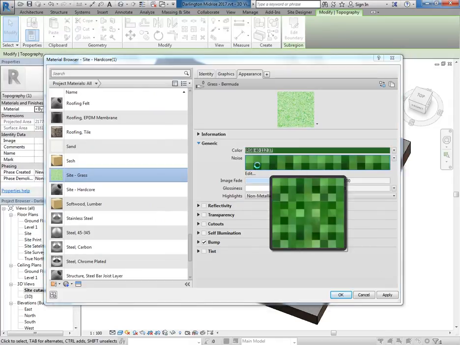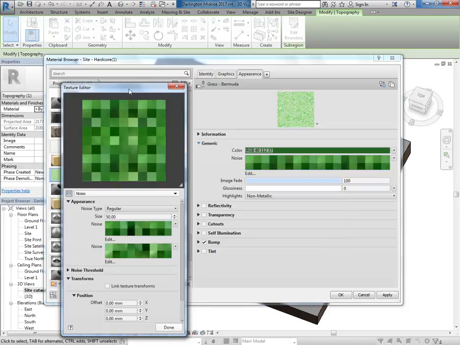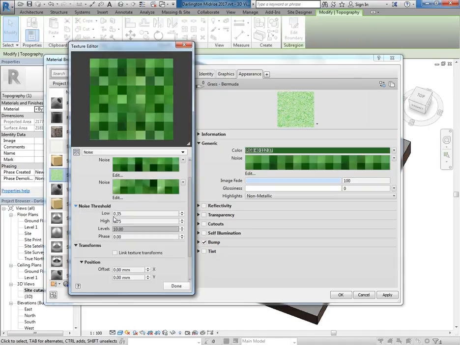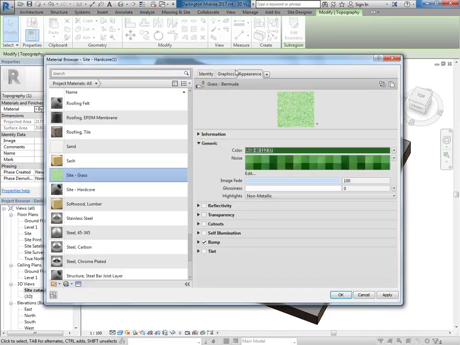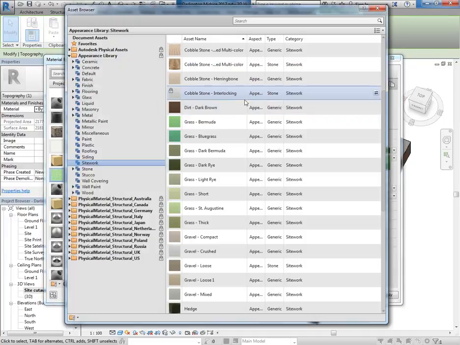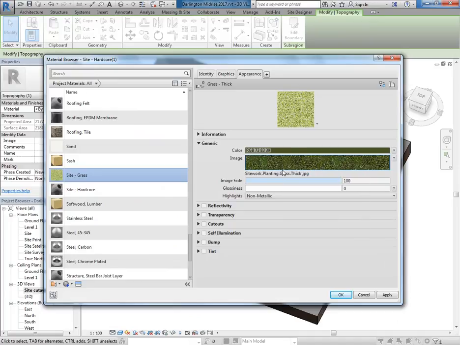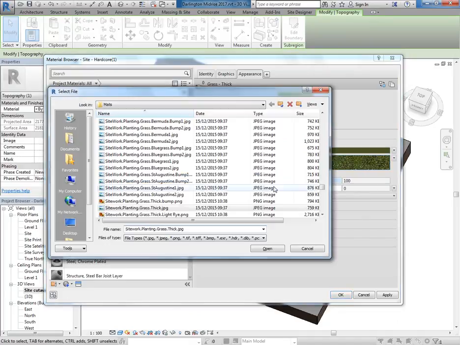Basically, that means it's using a set of values or a formula instead of an image to give the appearance of grass. So down here you've got some numbers that go in there, and that gives you this pattern, which can work pretty well actually for things like grass, but it's not what I'm looking for. I'm going to go back to replace and find one that has an image. I think this one does, grass stick. Yeah, that's better. So see how this one, instead of using a set of numbers, has an image file,